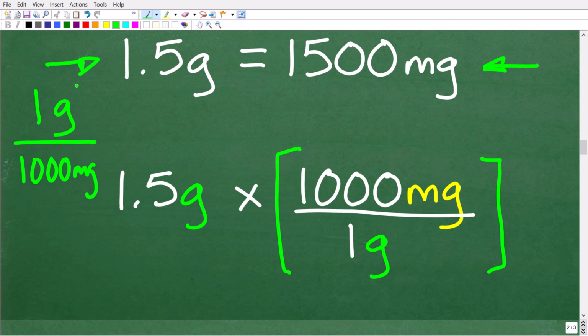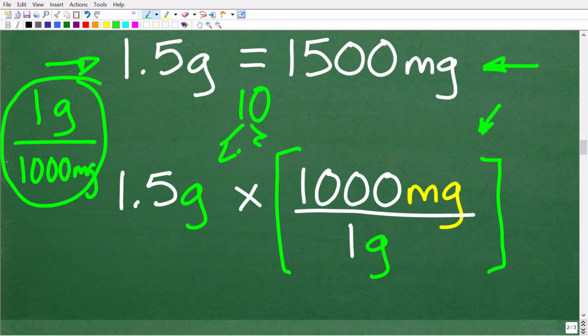So both of these fractions or ratios are correct, all right? So we need to use one of these conversion factors. This is a factor, and the word factor means that we're going to multiply it by something. If I gave you the number 10 and I said factor 10, you might think of the numbers 2 and 5. The numbers 2 and 5 are factors of 10. So a conversion factor is an expression that we're going to multiply something else by to change the units of